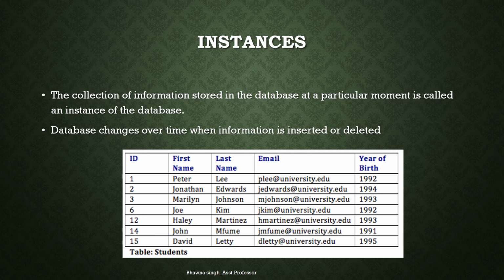So after adding, at that particular moment, the instance becomes 102 records. So it can be deleted or it can be added, and whatever data remains inside that database at a particular moment of time after deletion or after addition, that moment is known as the database instance.